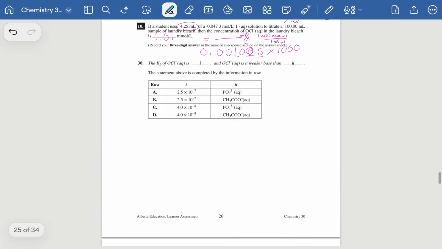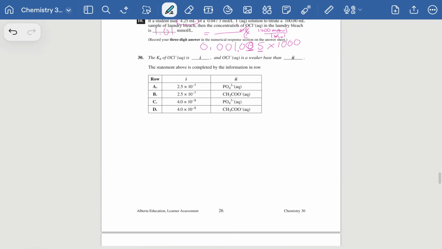Asking about the Kb of the OCl ion. Here you would just want to look up the Ka straight from your data booklet, and you'll see your Ka is 4.0 times 10 to the negative 8. And then you just want to remember, if you want Kb, you take your Kw and divide it by your Ka. So 1.0 times 10 to the negative 14 divided by the Ka written down,